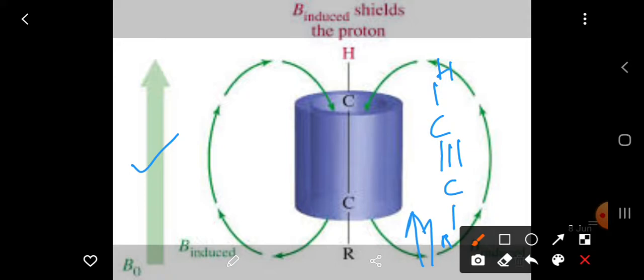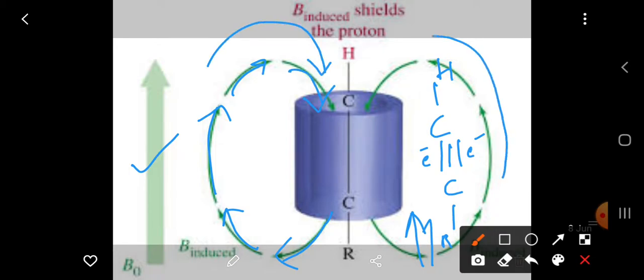Here this is the induced magnetic field direction, because of these pi electrons. This field has a direction that is opposite to the external magnetic field,